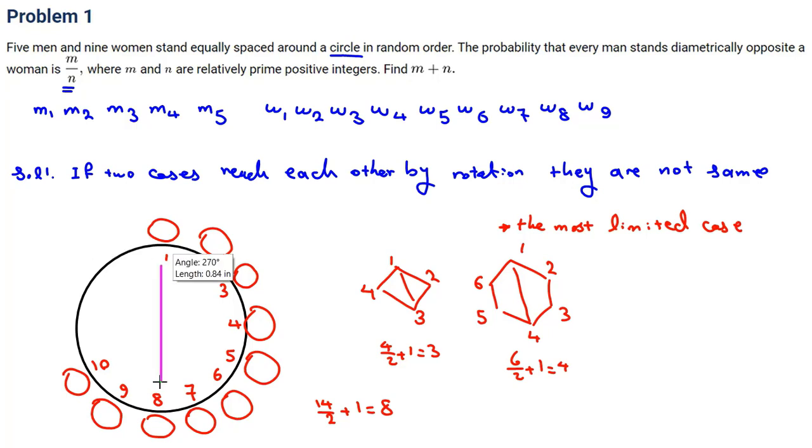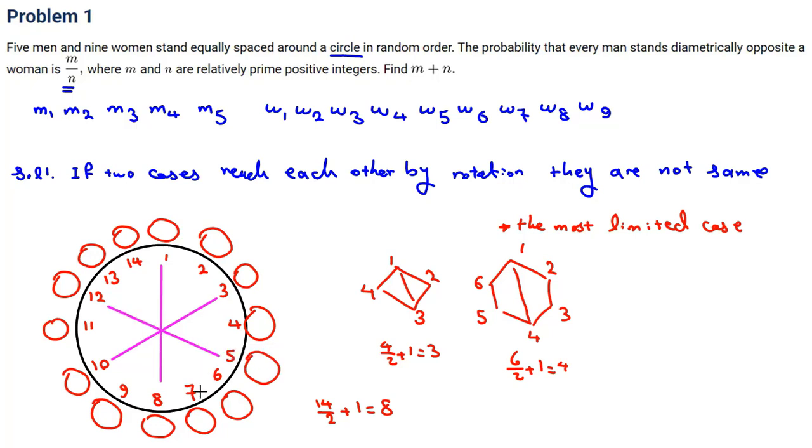For example, 1 is opposite to 8, 3 is opposite to 10, 4 is opposite to 11, 5 is opposite to 12, 6 opposite to 13, and 7 opposite to 14. Now, we can say, okay, 5 is opposite to 12, and 7 opposite to 14, all these cases. Now, let's fill with